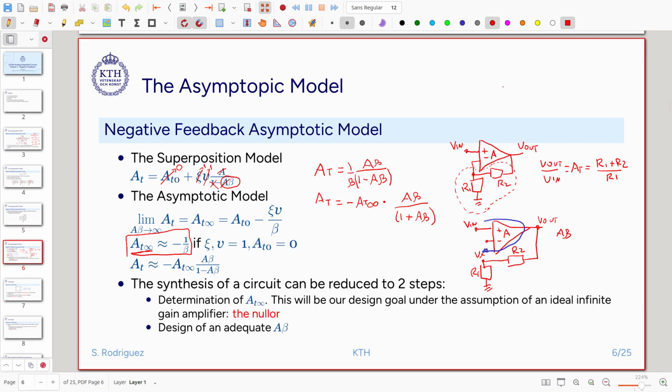Okay, and that will be equal to A multiplied by this voltage divider, R1 plus R2. Okay, so clearly this part is what we call beta. And beta, if we take into consideration the transfer function for the ideal case, is equal to 1 over AT. Okay, so